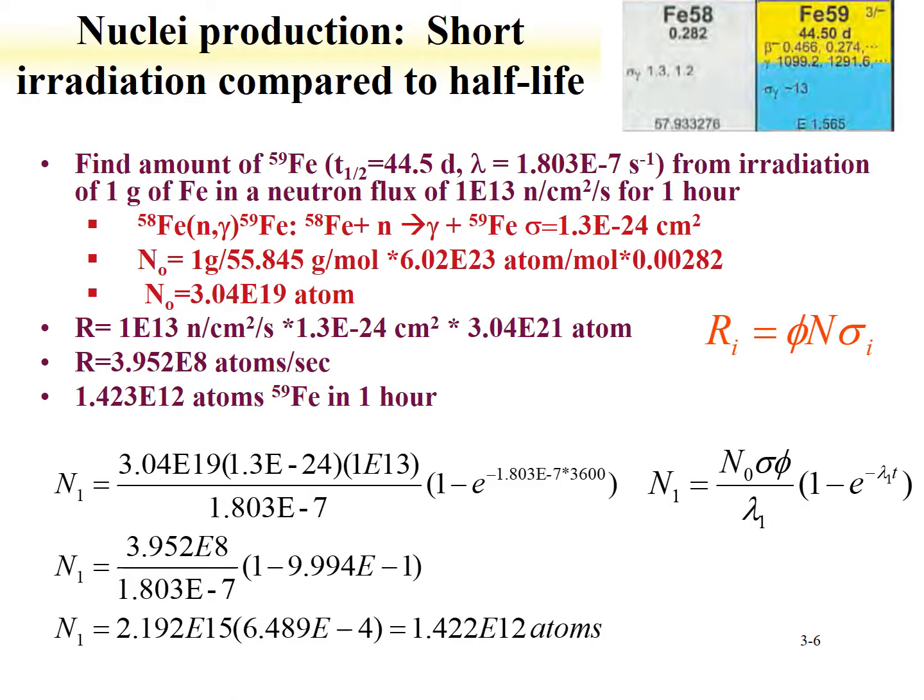Let's compare these two equations in two different scenarios. One where the irradiation time is short compared to the half-life, and one where the irradiation time is long compared to the half-life. So for our first example, let's use a reaction to make iron 59, this isotope, 44.5 day half-life,